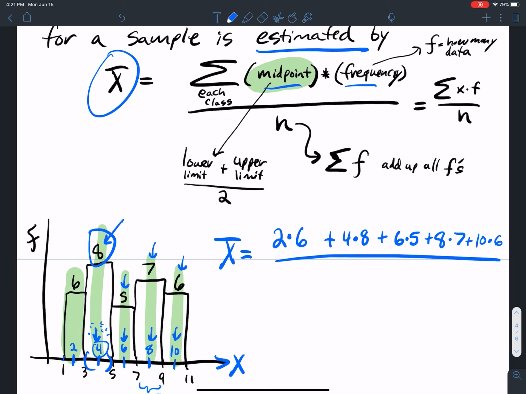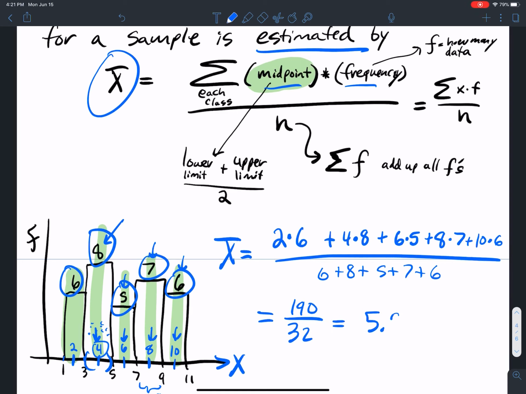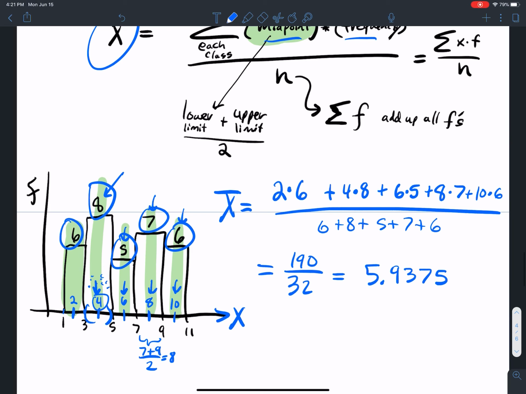And then I divide by n, which is the sum of the frequencies. So how many frequencies are there? There's 6 plus 8 plus 5 plus 7 plus 6. When I add all this up, I'm going to get 190 in the numerator and 32 in the denominator. And this gets me 5.9375. If you're asked to round to 2 decimal places,